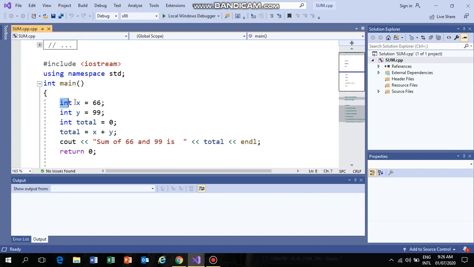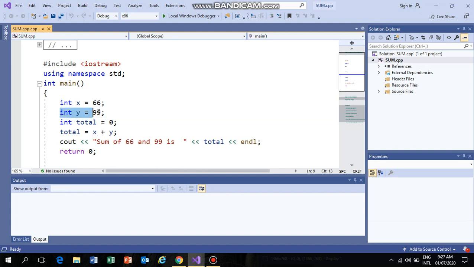In this program there are two integers I used. One is 66, and I stored this value in the x variable. We use int to define the data type because this variable contains data of type integer.